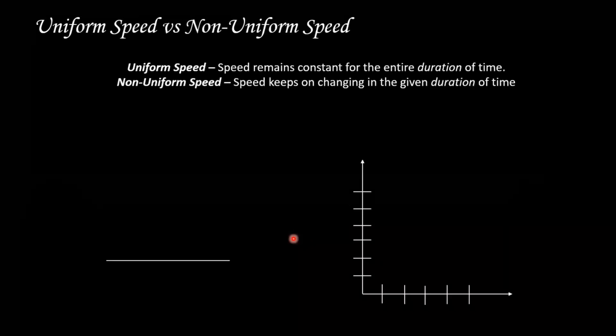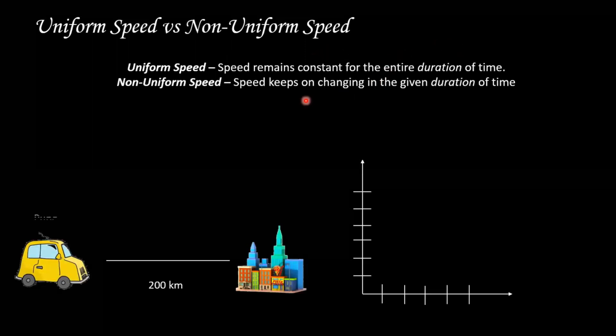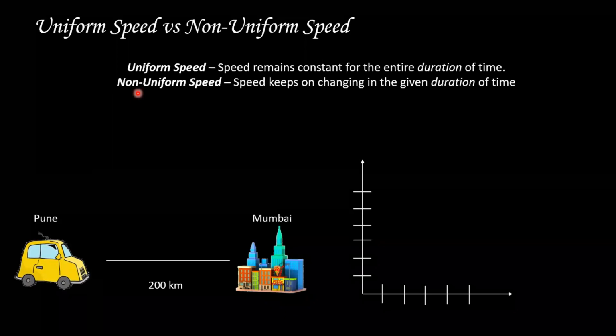So we have uniform speed versus non-uniform speed, folks. This is what we just did. But before we go, I'm now going to show it to you mathematically. As we're doing physics and learning science, we have to prove everything mathematically. You may be asking, Bhaiya, why do we have to do it? It is because once you express it in terms of numbers, then anybody in this world can solve it.